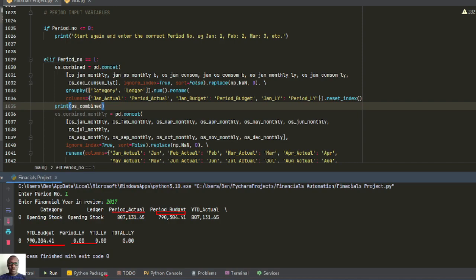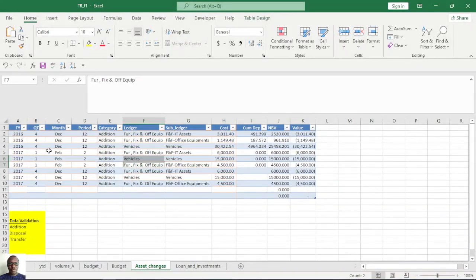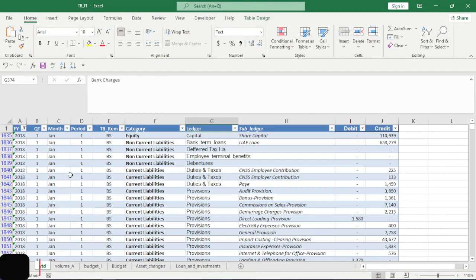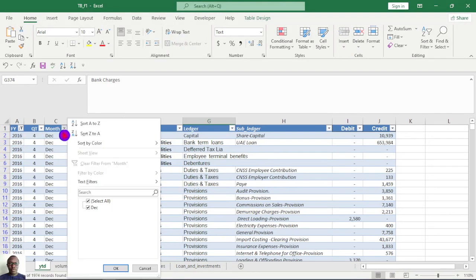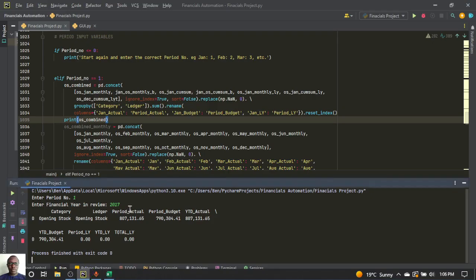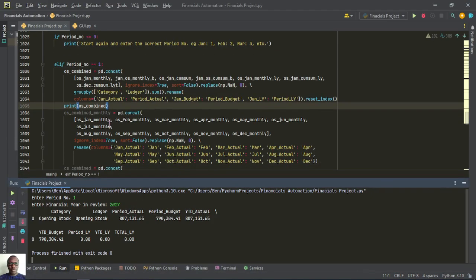But when we go back to our Excel data, when you check here the period for 2016, we don't have the data values for January to November. We only have December. That's why the values are 0 in our printout. So again, the columns here are named period actual, period budget, and then period last year. So in the end result, what we want to have is